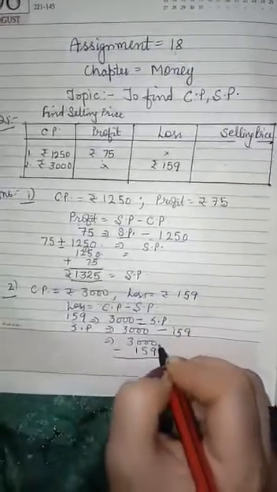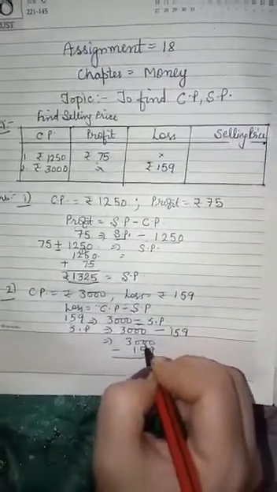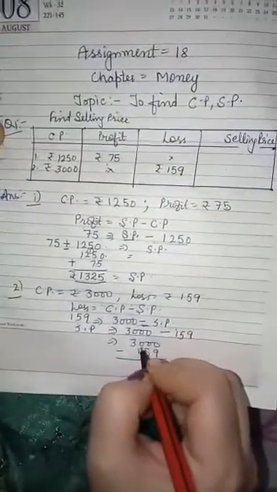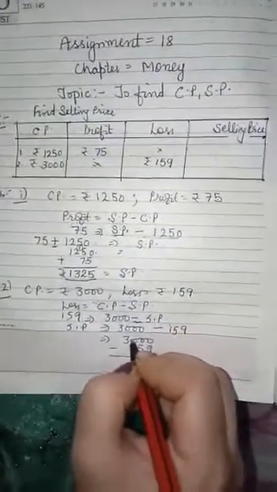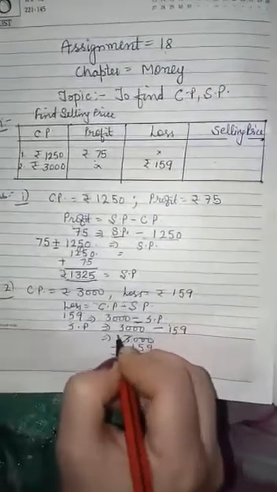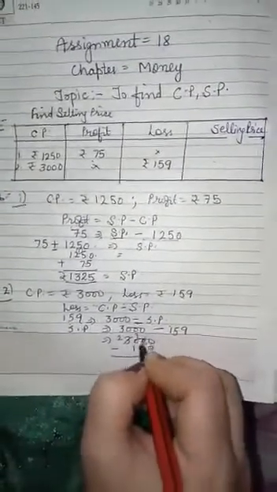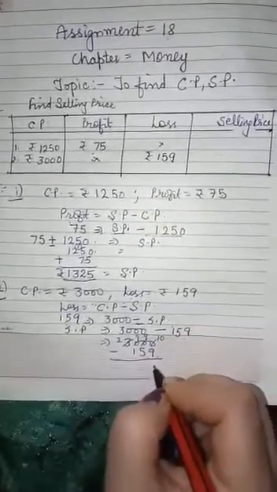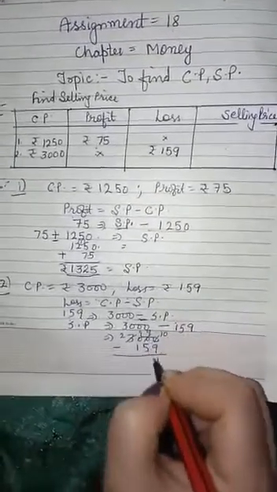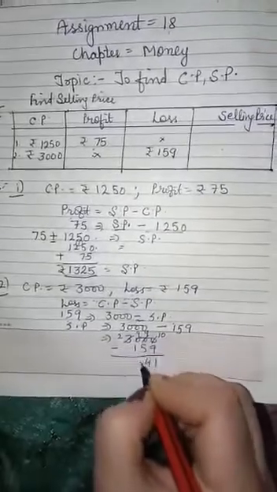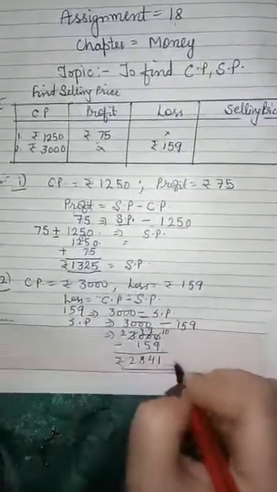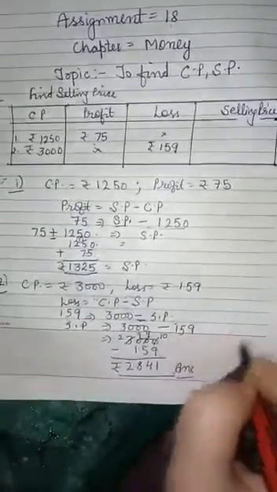9 cannot be subtracted from 0, so it takes a borrow from the previous one. It doesn't have any value, so it also takes a borrow from the previous one. Same, it doesn't have any value, it takes a borrow from the previous one. It becomes 2, this becomes 9, this becomes 9, and this becomes 10. Now 10 minus 9 is 1. 9 minus 5 is 4. 9 minus 1 is 8, and 2 remains. This is the answer. Now come to the next example.